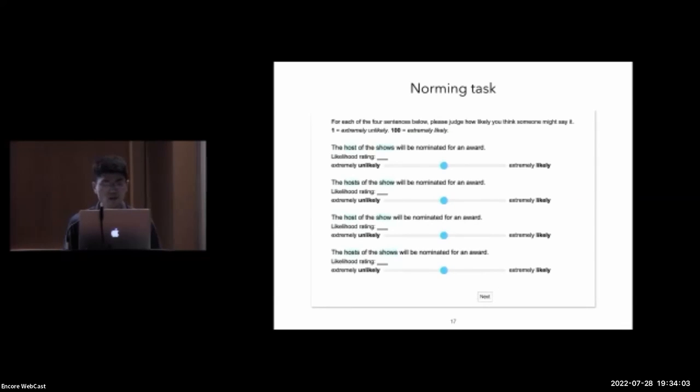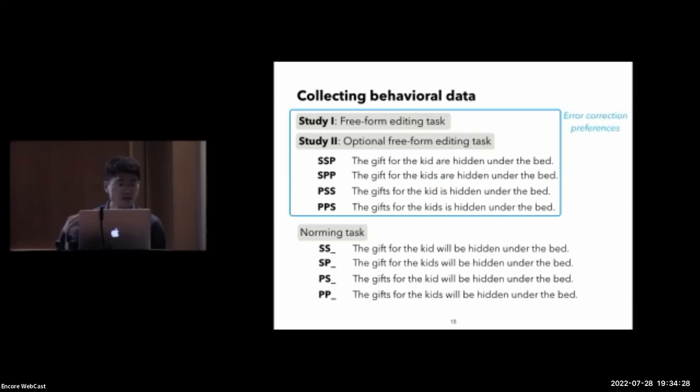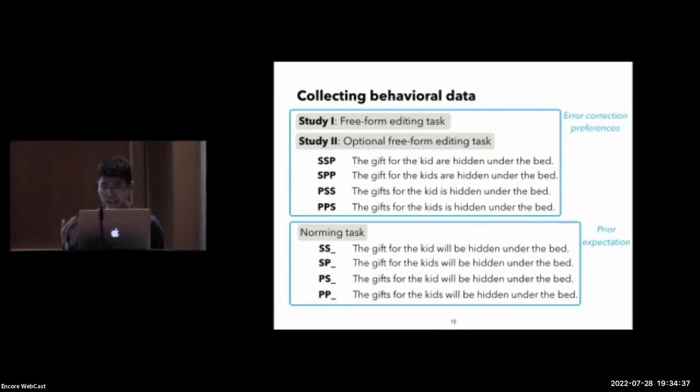For the norming task, we present a group of sentences like what we show on the slides to the subjects and ask them to judge how likely someone might say it, rating a number between 1 and 100, and the average ratings across subjects, normalized, will be used as the estimate of the prior expectations. So to summarize, the editing tasks in study one and study two give us the error correction preferences, and the norming task gives us the estimate of the prior expectation. What we're interested in is the relationship between them and how they could help us tease apart